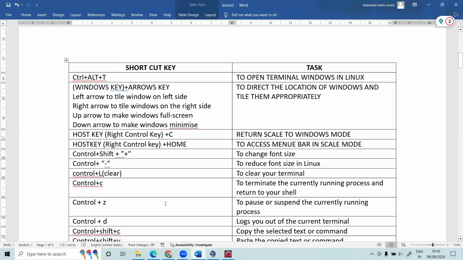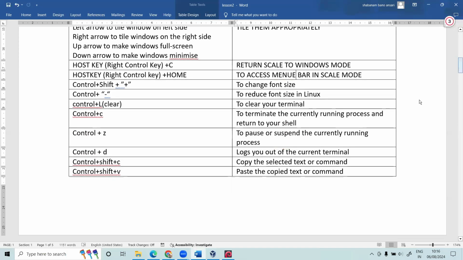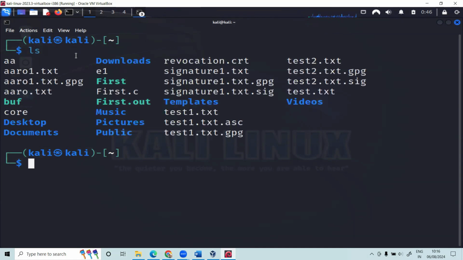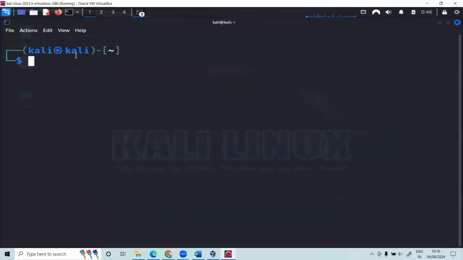The next shortcut key is Control plus L, which is used to clear the screen in the terminal. Suppose I used the ls command to display the list of directories or files on the screen. Now I want to clear this screen, so I can clear it by using either the clear command or a shortcut key. If I use the clear command, it will be cleared.